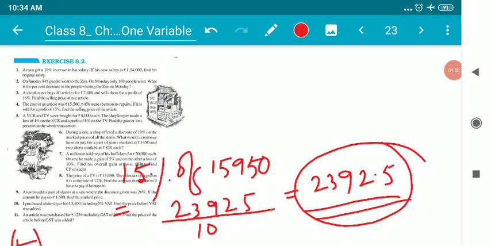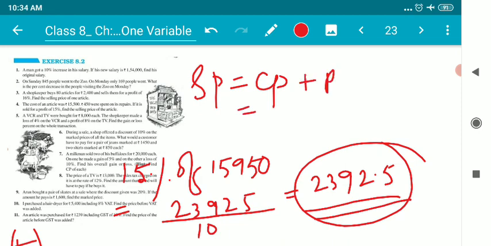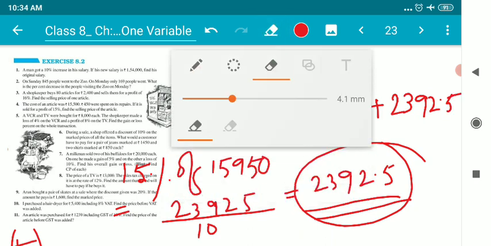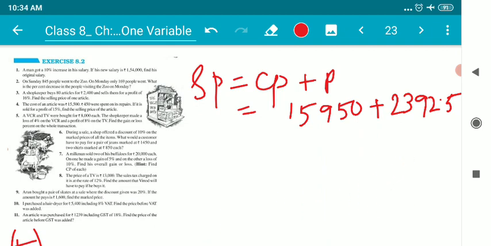We know that selling price, SP, is always cost price plus profit. So what was the cost price, children? The cost price was 15,950, plus the amount of profit, which is 2,392.5. Now let us add these two numbers, children, in order to get the selling price of the article. We'll simply add them and we will get